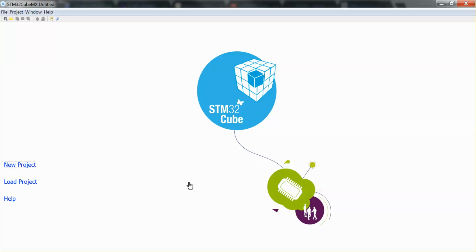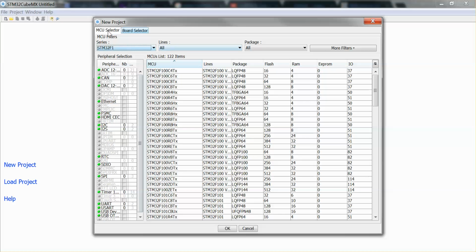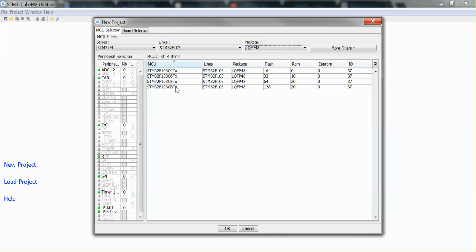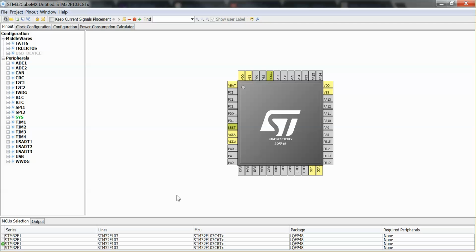Anyway, you create a new project. First thing, you have to select the MCU that you have. You select the family. That's fairly easy. In my case, it's an F1, so that's the family. The line you will see 103, and then you still have to select the package. In my case, I know it should be 48 pins, and in fact you see the C8, there it is. So I select it, double click, and that gives me